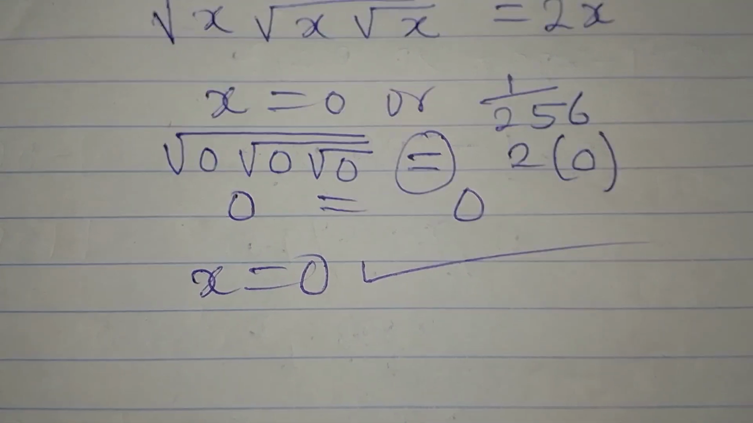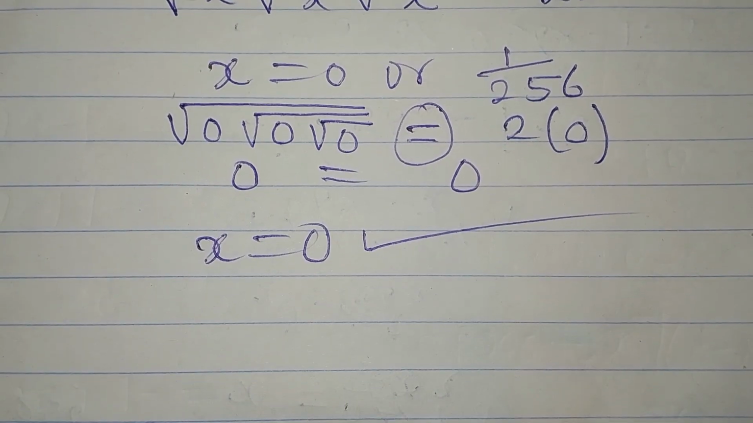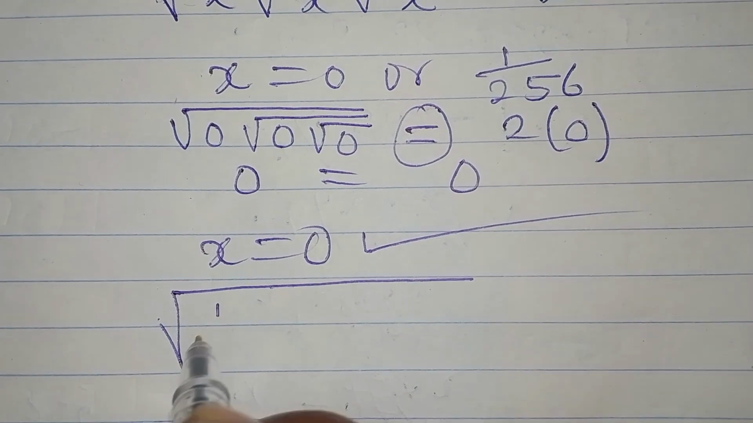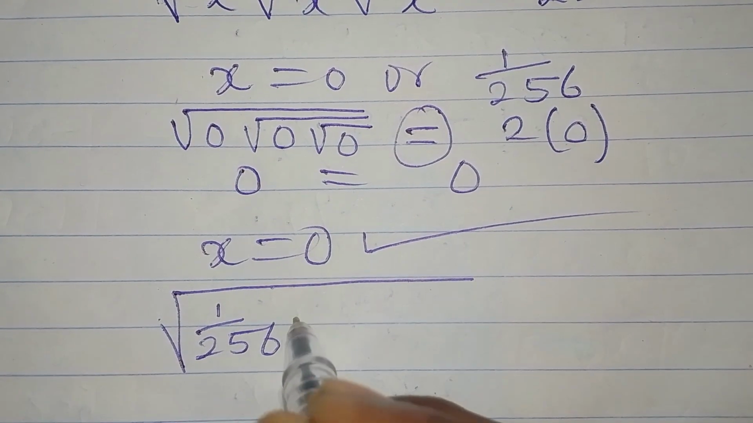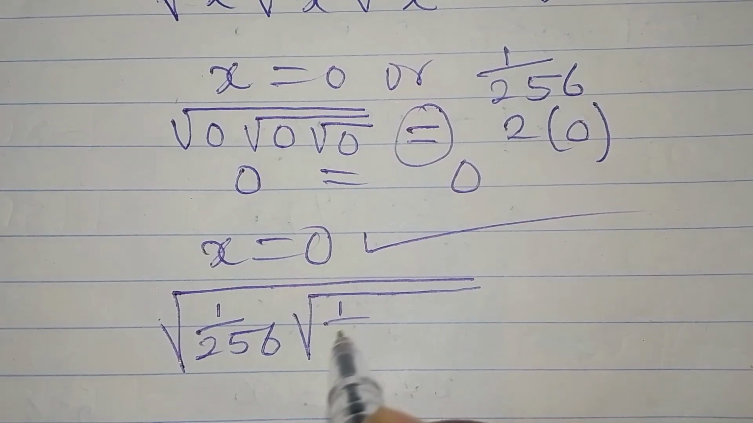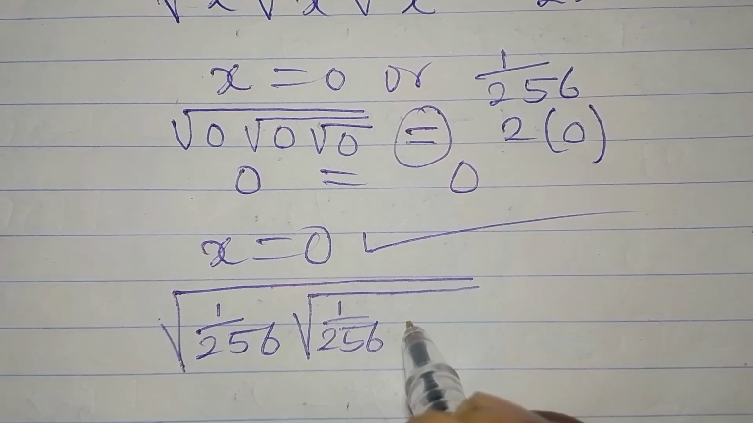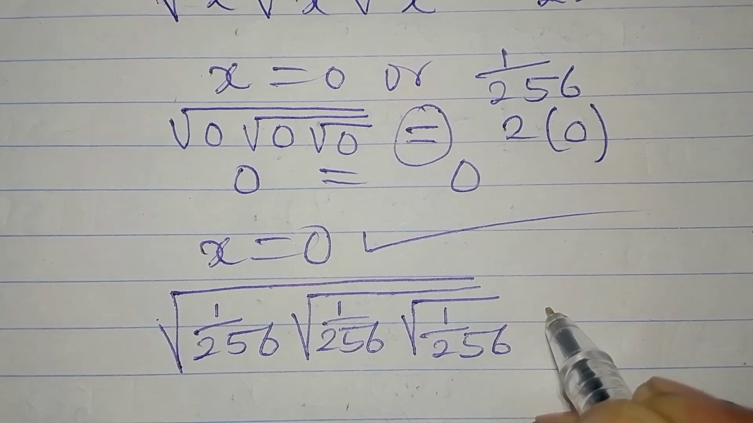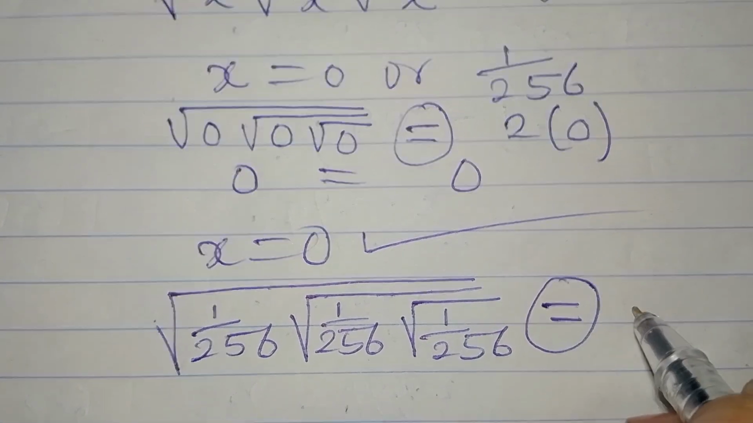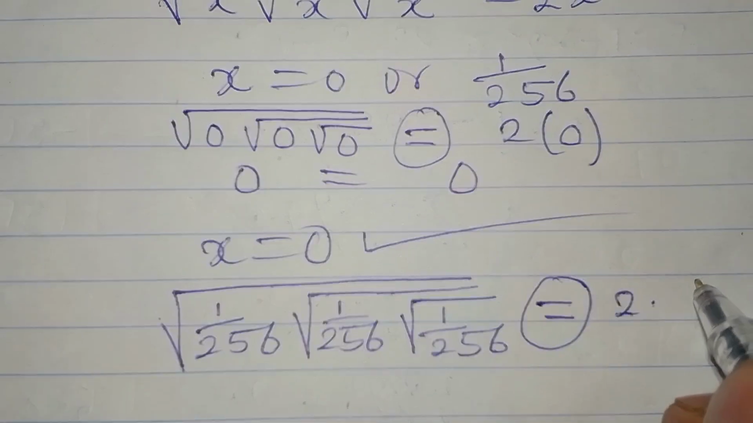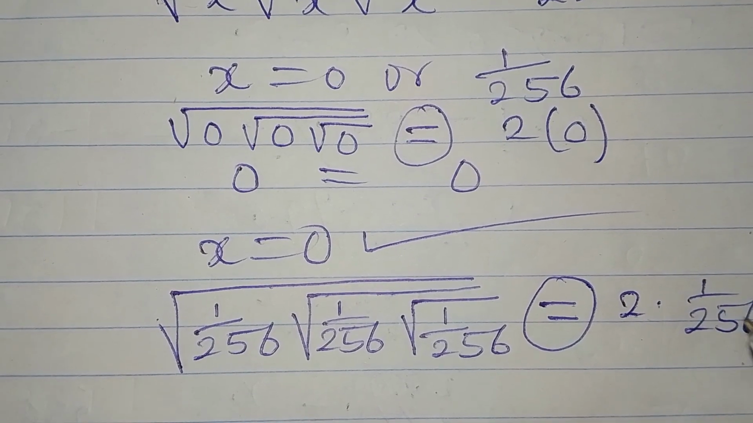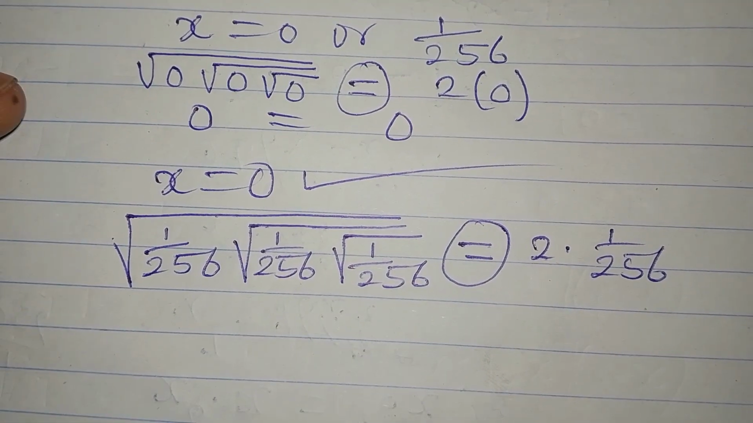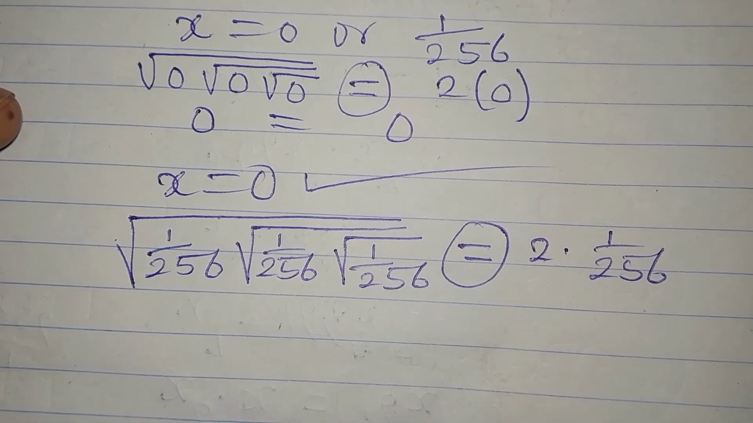Now let's pick the next value, which is 1 over 256. So that means we'll be having the square root of 1 over 256, the square root of 1 over 256, then we have the square root of 1 over 256. This will be equal to 2 multiplied by x, and our x is 1 over 256. Now let's proceed to see whether this is going to satisfy. Right now, the square root of